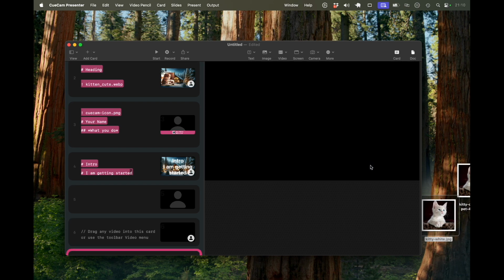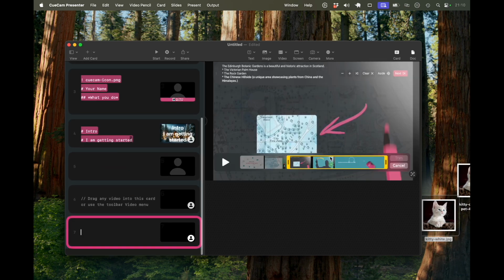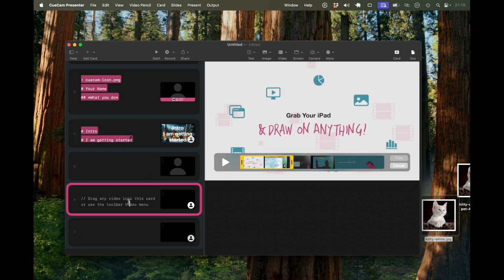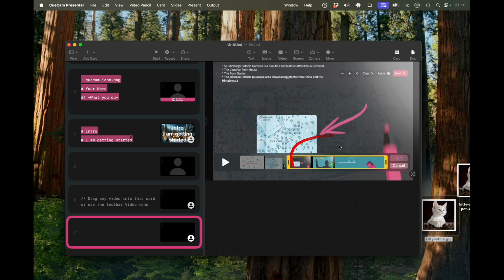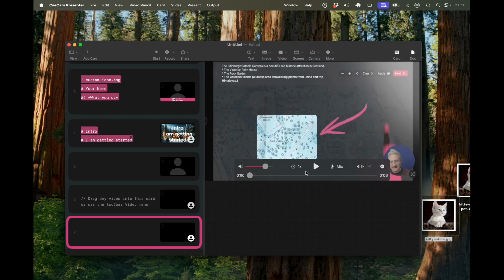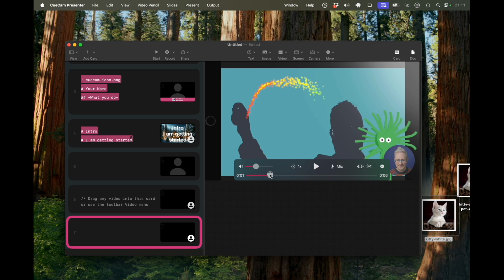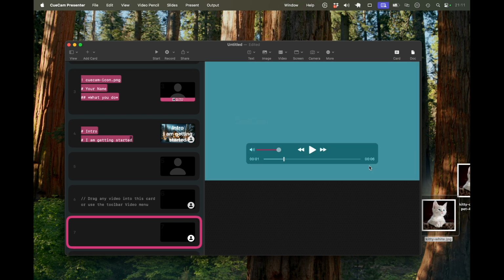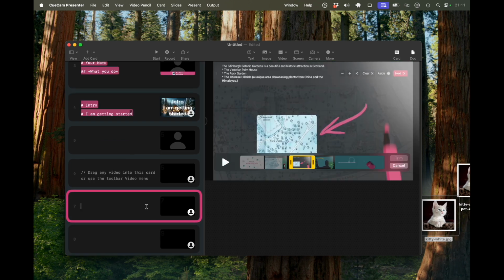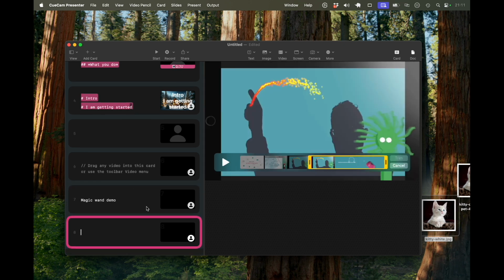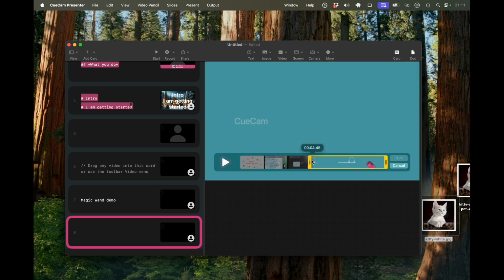So what we can do is hit that split button there, and what that does is it creates a new card with that trim. So if we come back here, it goes up to here. It's just doing that first bit down here, and then on the next card, it's taking it from there. And then we can keep going like this. We can say, okay, after the end of this bit, I want to split again. Hit split, and you can break up a video. So this is like the Magic Wand demo, and then we can go, what was this? This is like connection